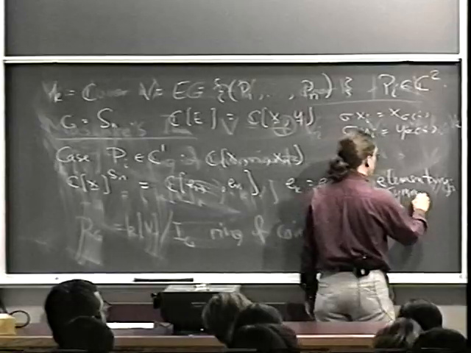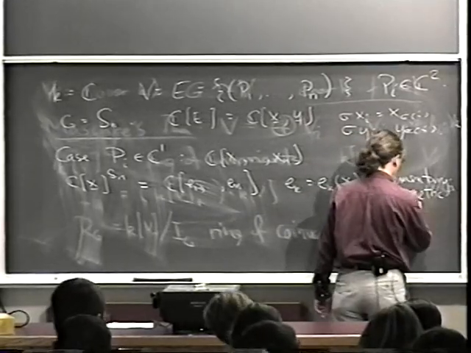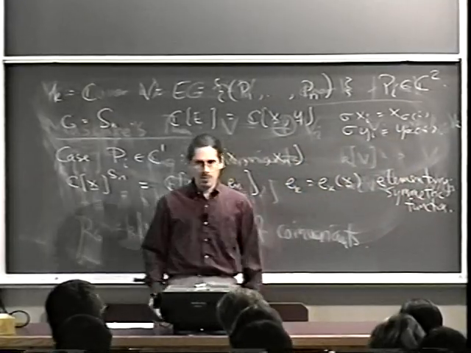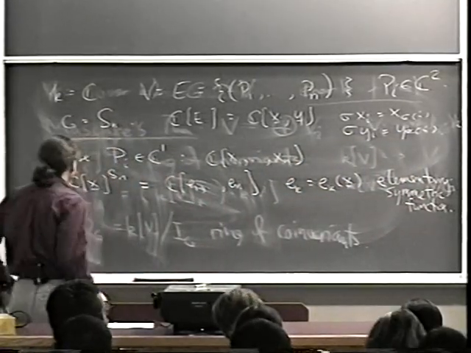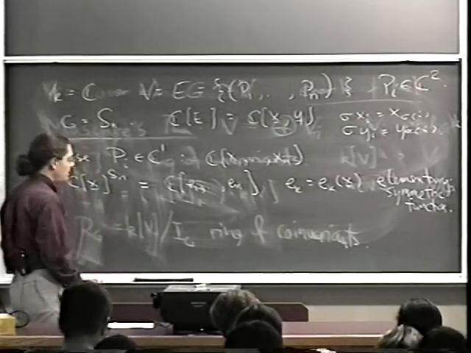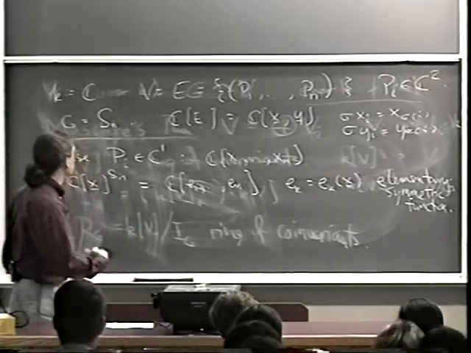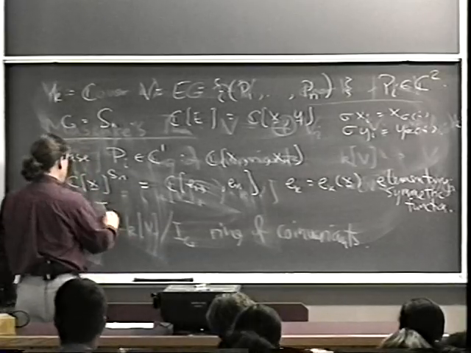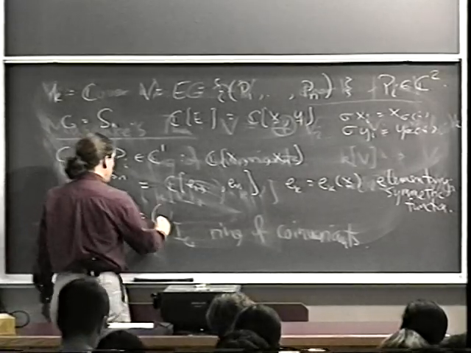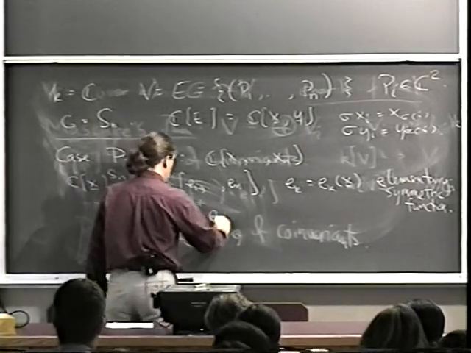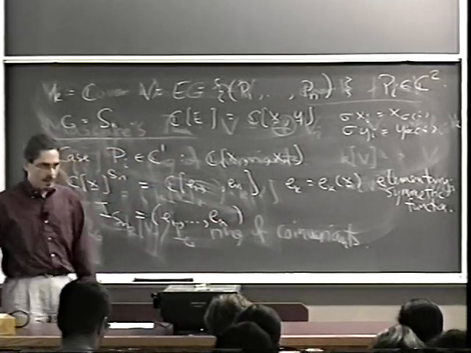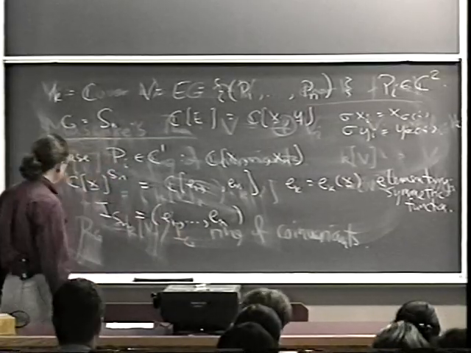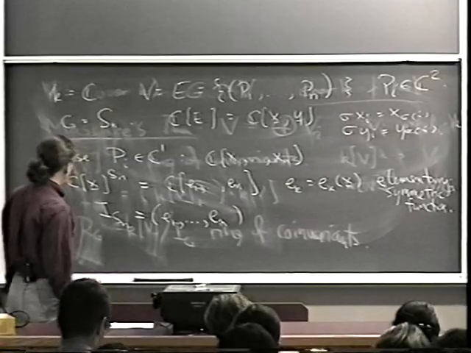Or you could use power sum symmetric functions or what have you. There's various other choices. Elementaries are nice because it would even be true over the integers. All right, so the ring of invariants is a pretty nice ring in this case. It's a polynomial ring. Once you see that, of course, this means that the ideal I is generated by these elementary symmetric functions. So it's a complete intersection ideal, right? Because there's n of these, and they generate an ideal I whose quotient is this covariant